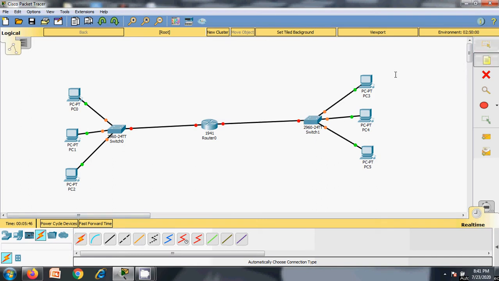Now I want to label the IP addresses. 192.168.0.2, 192.168.0.3. We'll copy this. 0.4. Let's define the gateway router as 1.